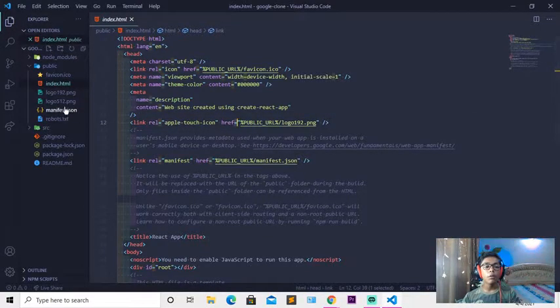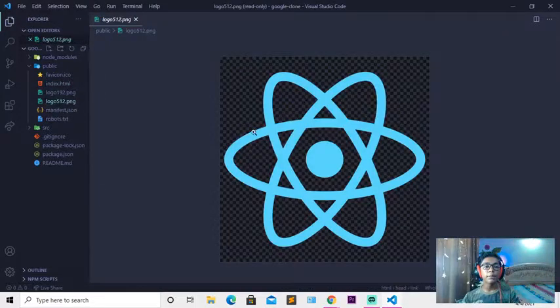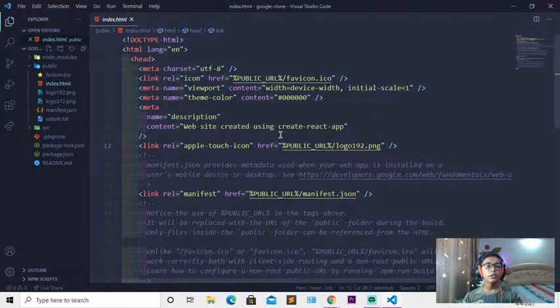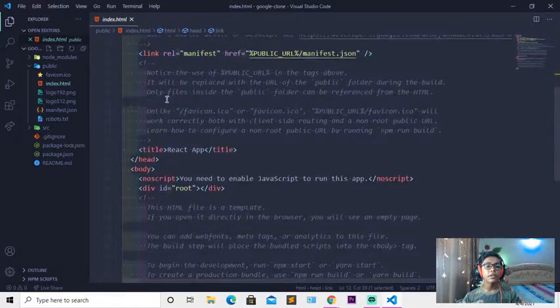But this logo 512 is not being used, because it is a really big logo, and if you just use that, it will take up a lot of the space of your background page, you can see that. So because of that we are not using this. If I just zoom in, you can see this code is really helpful for running your React app